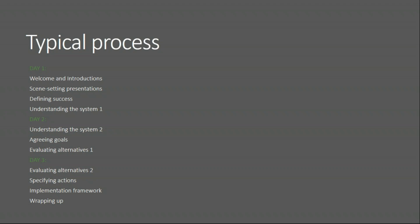Then we start to think about the system, understanding the system that we're trying to change. That's likely to extend over into day 2. We'll agree some goals for changing that system. Then we'll start to evaluate alternative strategies for those goals. That might spill over into day 3. We'll specify actions and we'll think about our implementation framework, and then there'll be a closing ceremony or some wrapping up. Now that's just a